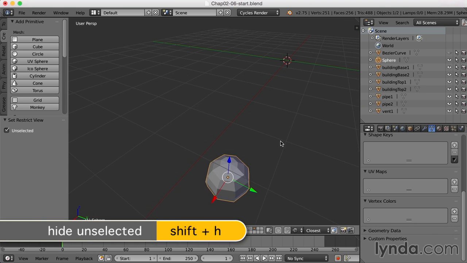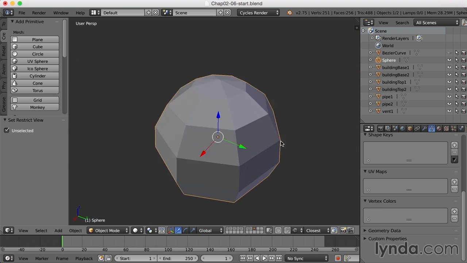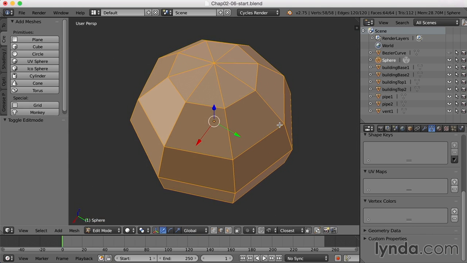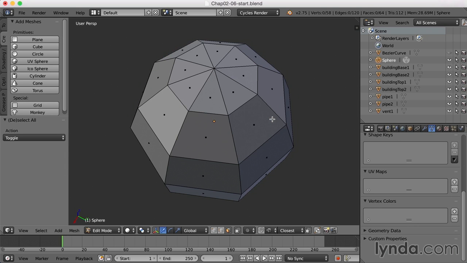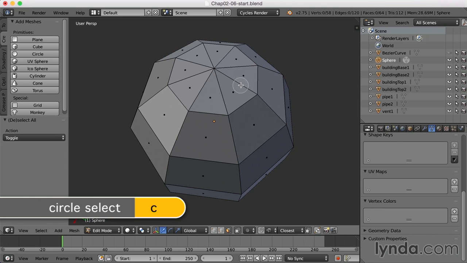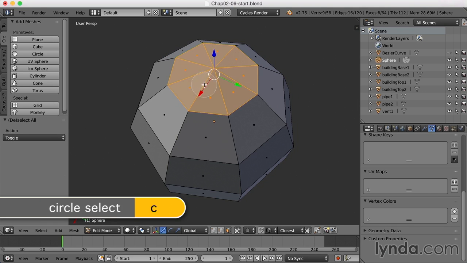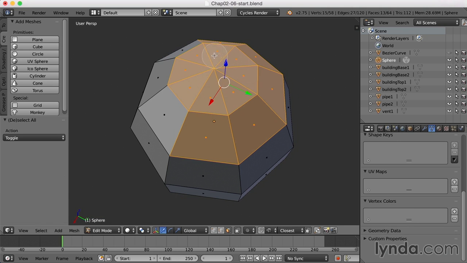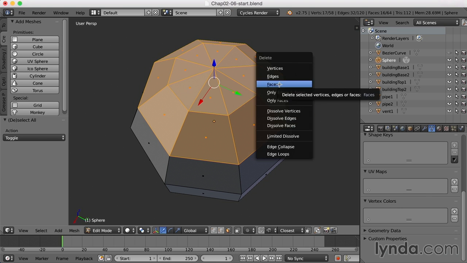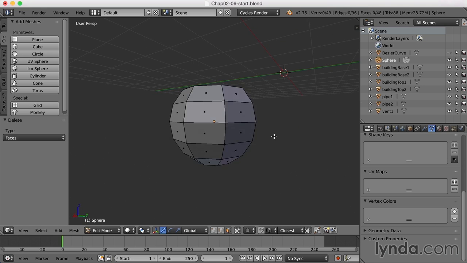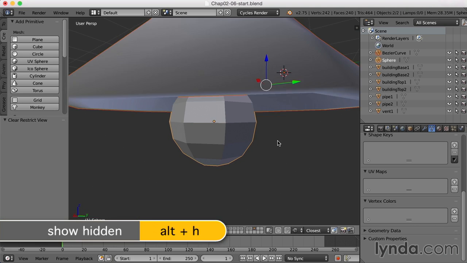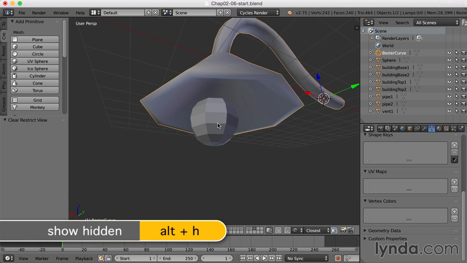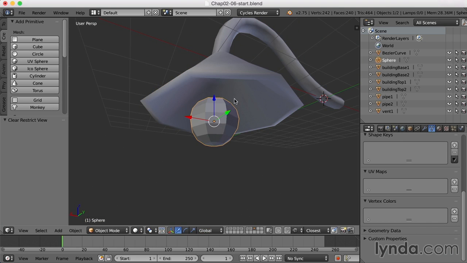And now I can press the period key on the numpad to zoom in. And I'll tab into edit mode and go to face mode. I'll hit A to deselect, and I'll press that C key again for circle select. And I'll just select these faces up on top, press the X key, and delete faces. All right. Now to bring everything back, I'll press Alt-H,